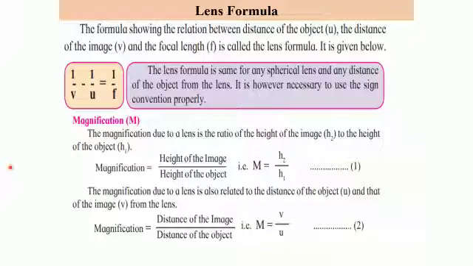Now, magnification produced by a concave lens. In a concave lens, we will always get virtual images. So the magnification produced by a concave lens is always positive. A concave lens always forms an image smaller than the object. So you will always have magnification less than 1 for concave lenses. So this is what there is about magnification, and I have shared the details of this in the next 2 slides.